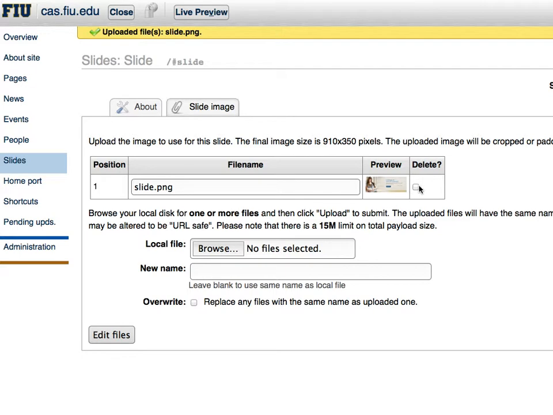And if it's the wrong file, you can go and delete, select another one, and so forth. If you need to, you can give it a new name. In probably 99.9% of the cases, you should just leave the new name section blank and let the system name the file for you. You can give it a name if you want, but again, it's pretty rare that you would need to do that. So we have now a new slide added, and at this point we can go back to the